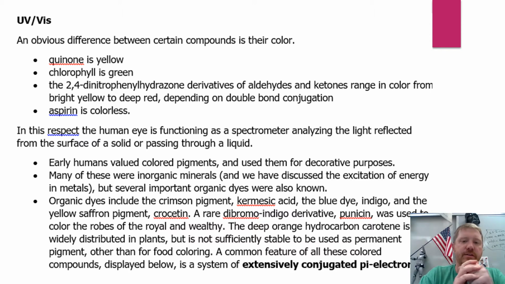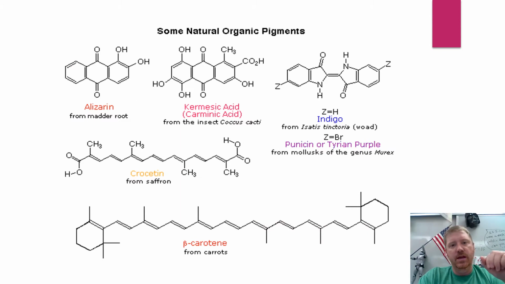And these are the colors. And when the light hits these molecules with electrons, they actually cause them to change transition levels. And then we see them, and they're very pretty. All right. And then there's different naturally organic pigments that we use to create different colors, and they're all